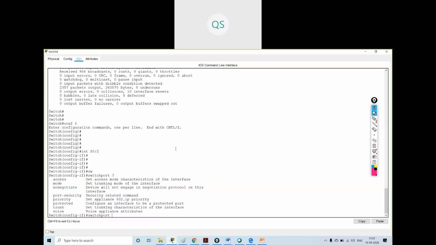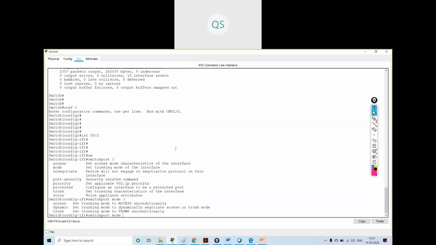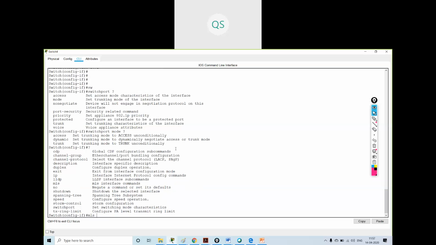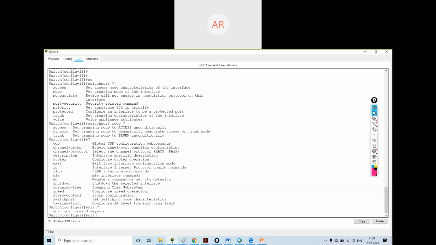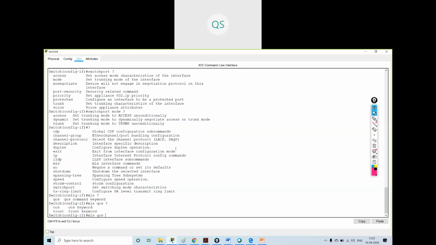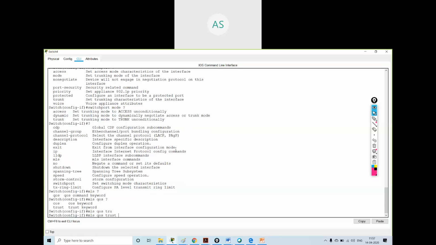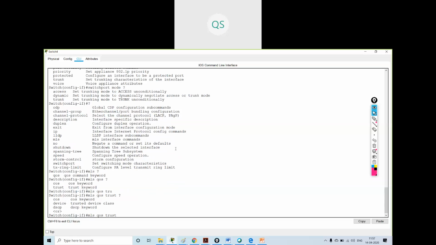So where is the command inside the interface? Sir, can you please just give me the command? Just MLS QoS trust COS.